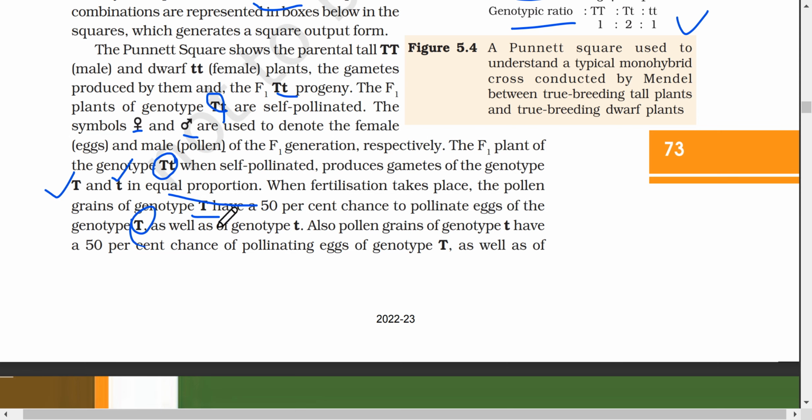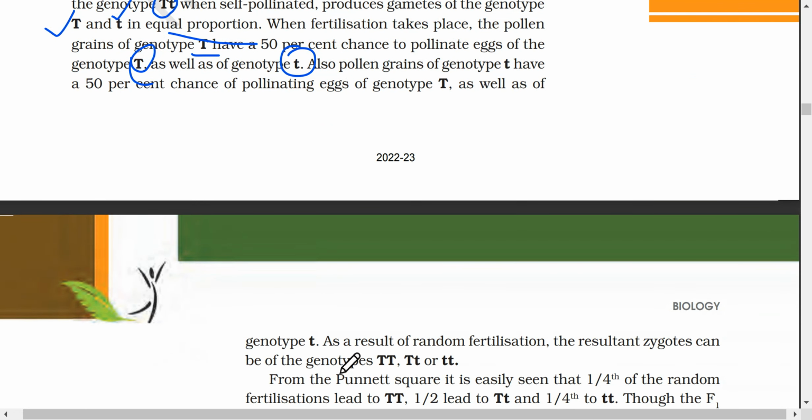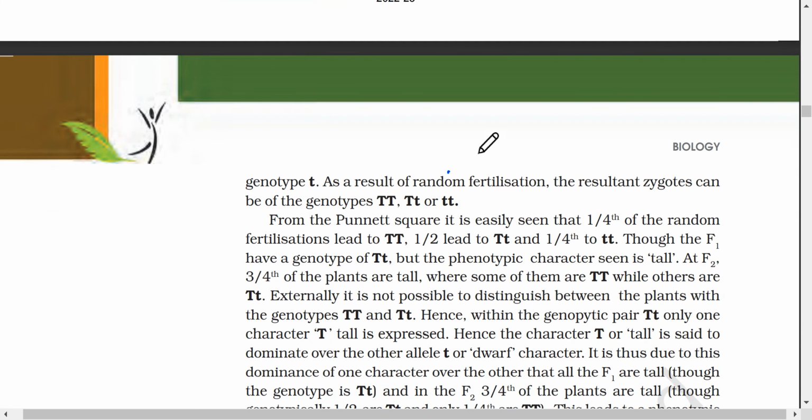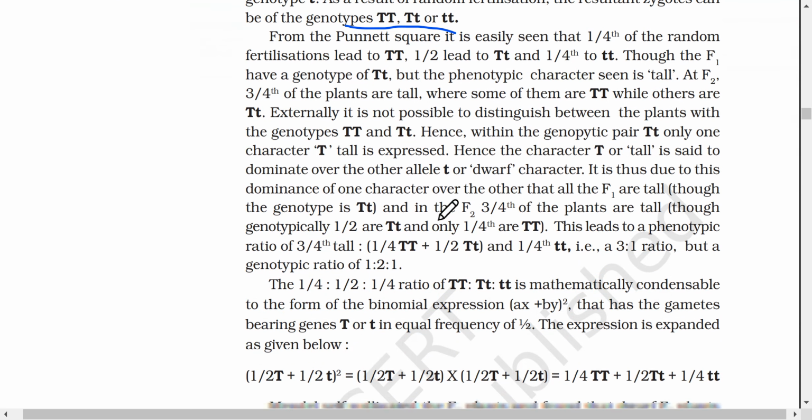genotype T as well as small t. तो हमेशा इसमें प्रोबेबिलिटी जो होता है 1:1 के रेशियो में होता है, फाइन। There is no certainty that a certain egg will get pollinated with a certain pollen grain, जिसका कोई सर्टेन जीनोटाइप होगा और फिर एक पर्टिकुलर फिनोटाइप। No, it's just a chance, fine. As a result of random fertilization, resultant zygotes can be of the genotypes, इसीलिए हम सारी possibilities देखते हैं कि क्या क्या possible है. From the Punnett square it's easily seen that 1/4 of the random fertilizations lead to TT, 1/2 दो चार